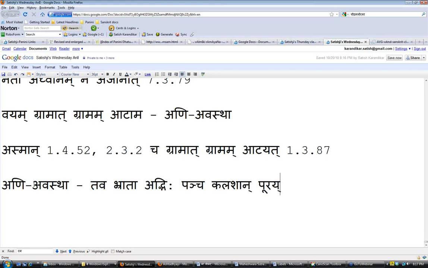Purayati. Okay, now, this is the swarthe niche. So here we have actually used 3.125, satyapapasha ityadi churadibhyo niche. This is what we have used now. So tava bhrata adbhi panchakalashan purayati.